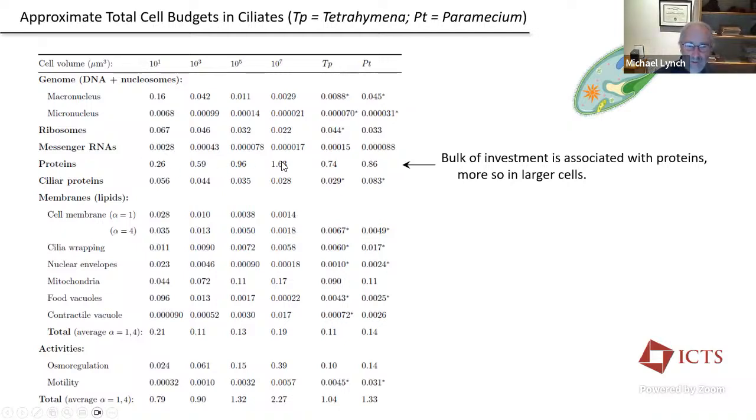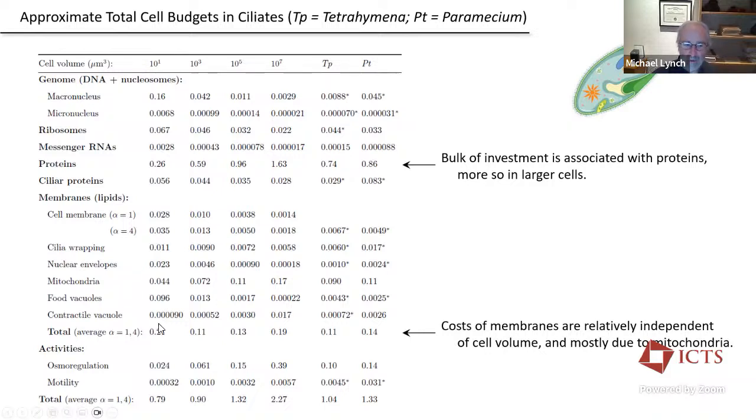The main thing I'm pointing out in this line here is that a very large fraction of a cell's energy budget is protein. It's not DNA, it's not RNA, it's generally protein. And this is important in ciliates, but ciliates have this giant thing called the macronucleus. All the chromosomes are replicated about 1,000 times, and yet still the cost of the macronucleus is pretty small compared to all the proteins inside the cell.